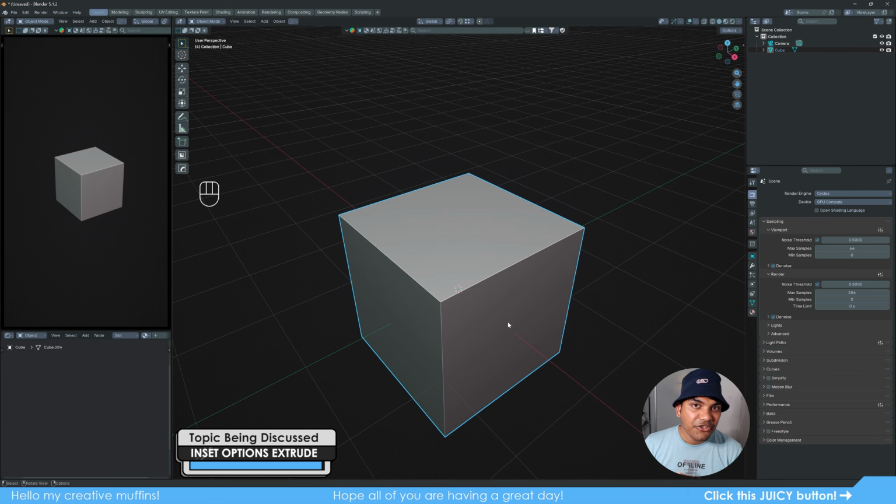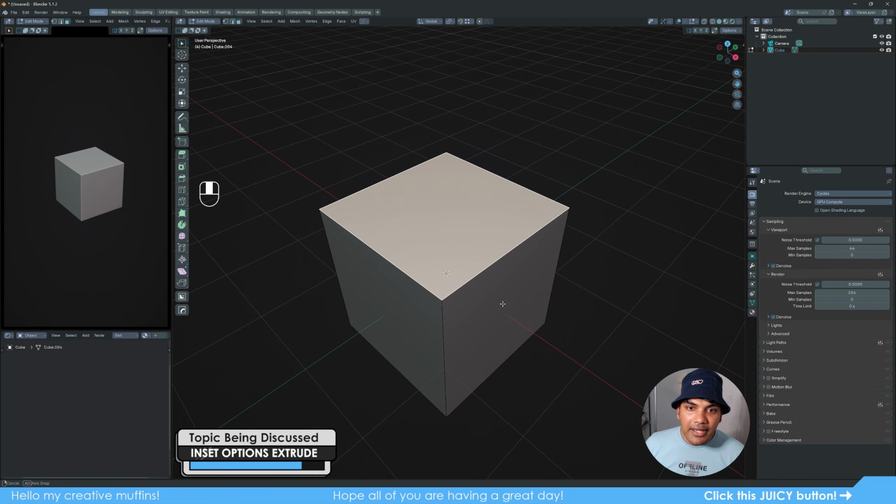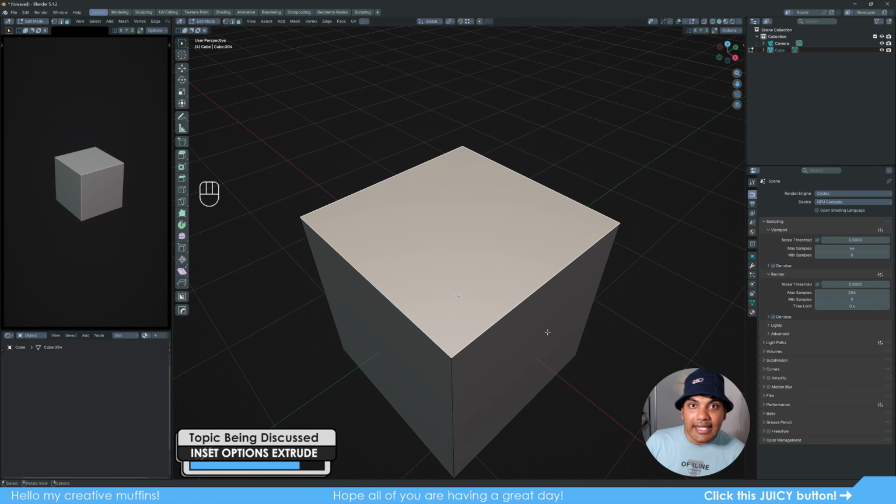And finally, to finish this video, there is something called inset. Inset is a type of extrude and it helps really well when you're trying to create some specific objects. So what is inset? If I press Tab to go to edit mode, press 3, select a face, right? If I press the key I, that is for inset, right? You can see how my cursor changed. If I move,